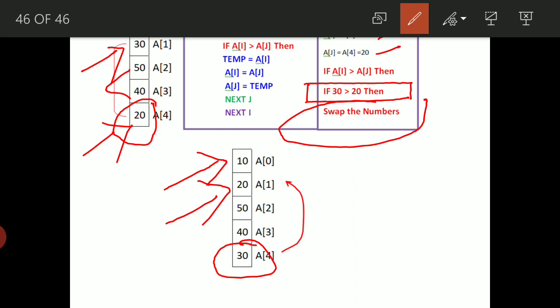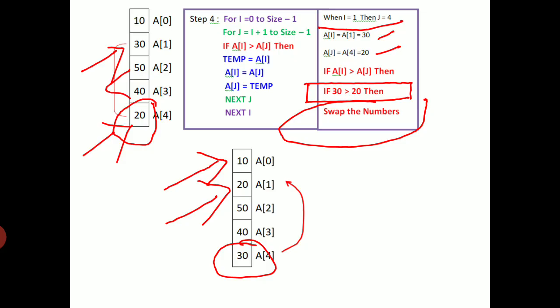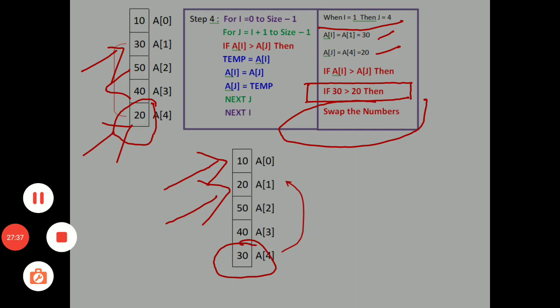In this way, it will continue until it finishes. Got it now? In this way, it will continue because I have shown only 2 times, and for the third and fourth it will repeat the same way, and the array elements will get arranged in ascending order.